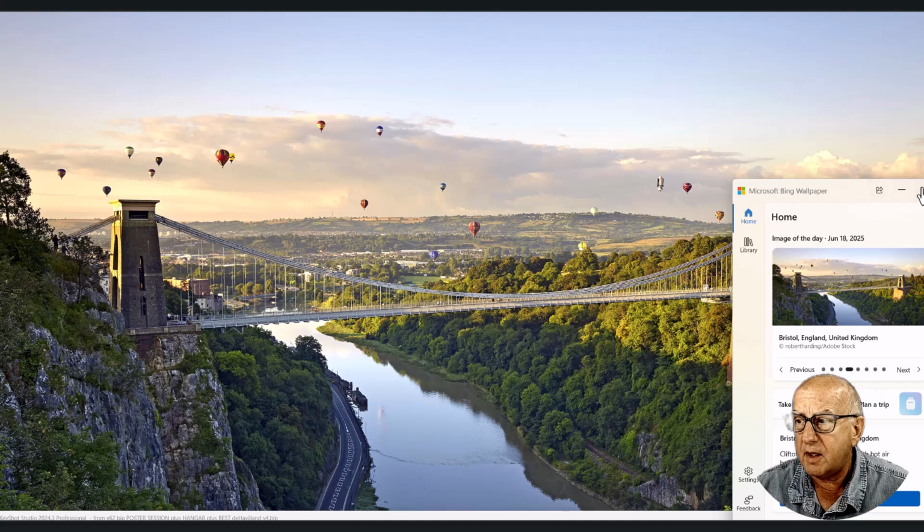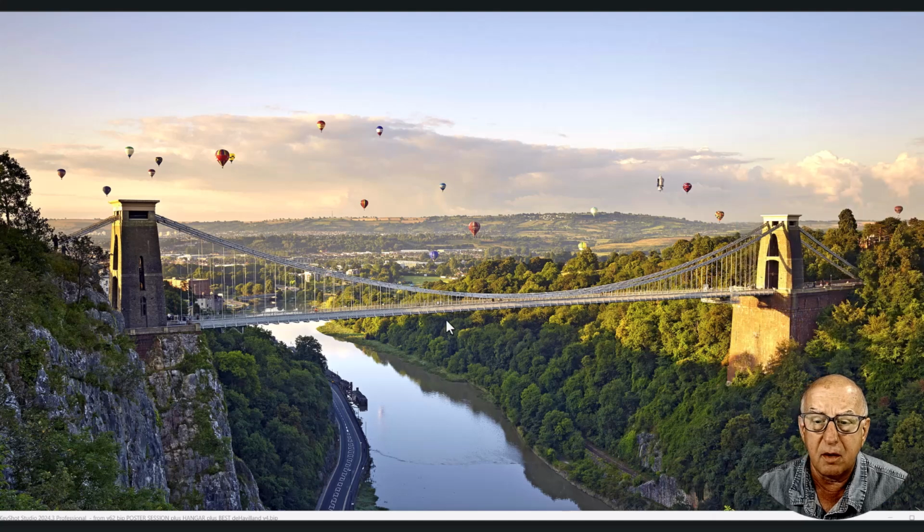Now, isn't that nice? This is the Bristol, England, United Kingdom bridge. And here we are, over here on the dreary, dark, shadowy side of complexity and difficulty, a special kind of drone that, the truth is, only very technical pilots are able to fly.